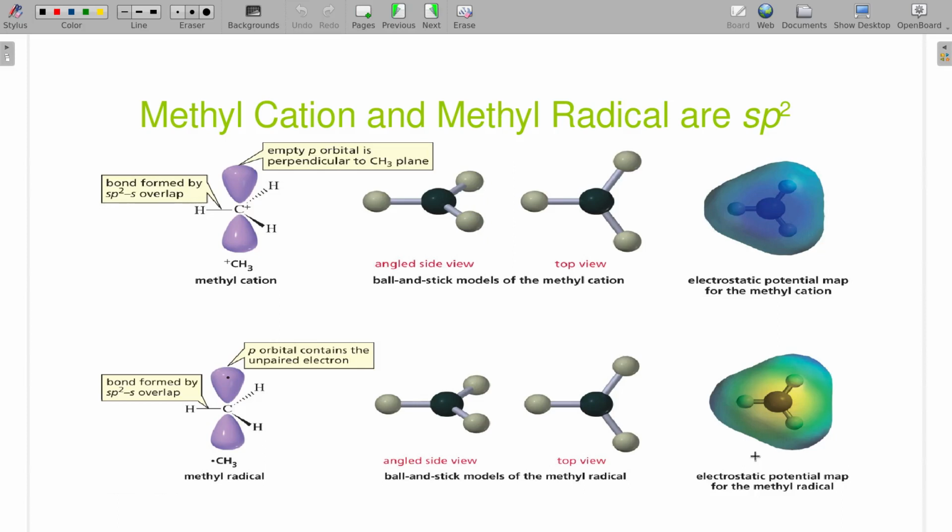All right, the methyl cation and the methyl radical we introduced way back a few slides ago. The methyl cation had the 3 hydrogens and just a charge. The radical had the 3 carbon-hydrogen bonds and a single unpaired electron. Turns out their shape is exactly the same. Now, the cation's shape makes sense because this is just 3 groups, so we would say sp2 hybridized and trigonal planar. But if I had asked you about the methyl radical, you probably wouldn't have known what to do with that single lone electron.